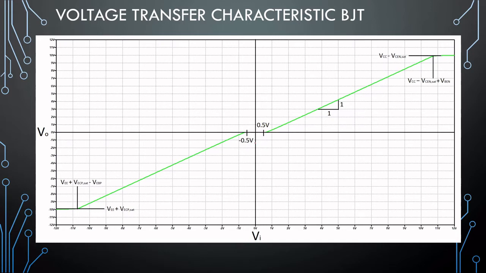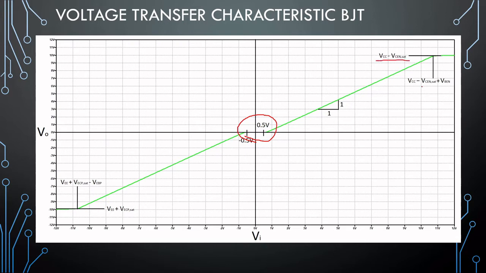Right, so on the voltage transfer characteristic, a BJT typically switches on at 0.5 volts, not the 0.7 that you usually think it would. And so here for the 1 volt in the middle, we call this the dead zone. So anything that goes in, nothing will be coming out of your amplifier. For the rest, you have 1-to-1 transfer,